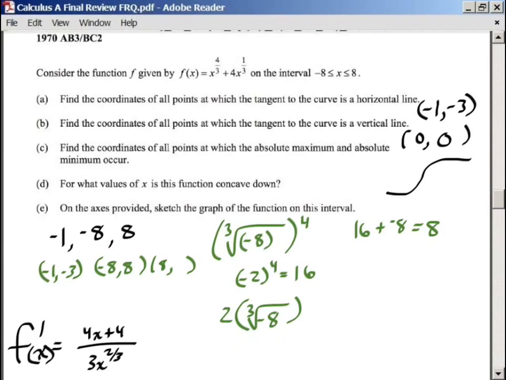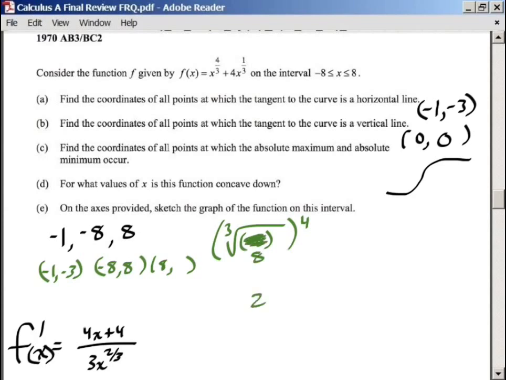Okay, so let's... no. So we have +8 instead of -8. So that's going to be 2 raised to the 4th power, which is 16. So I have 16 again plus. I'm going to plug in 8 to